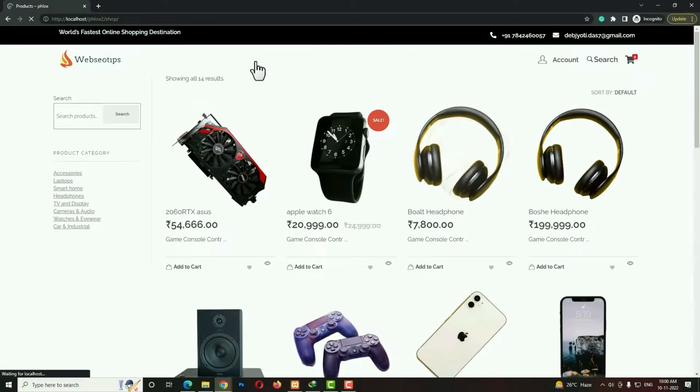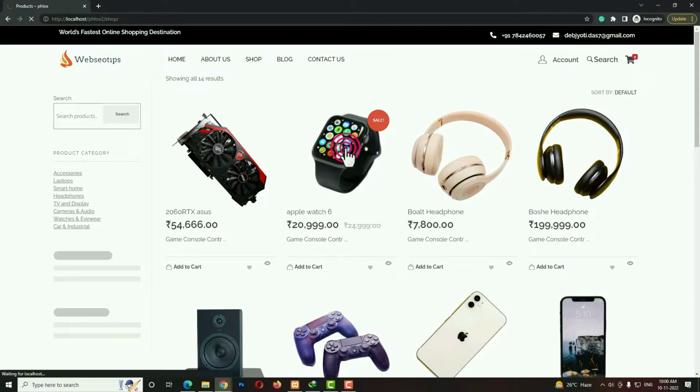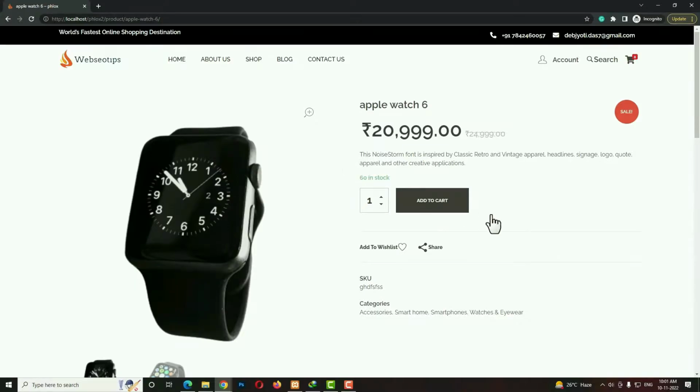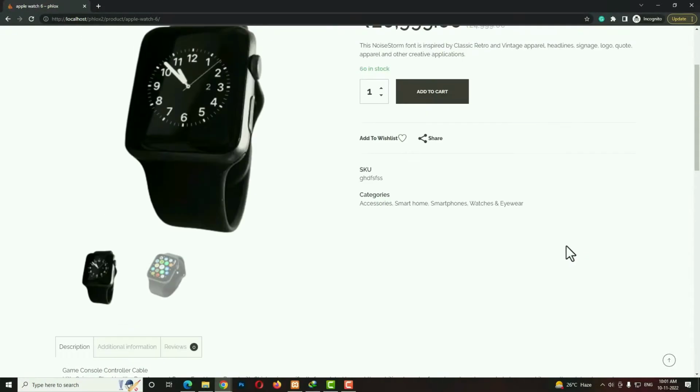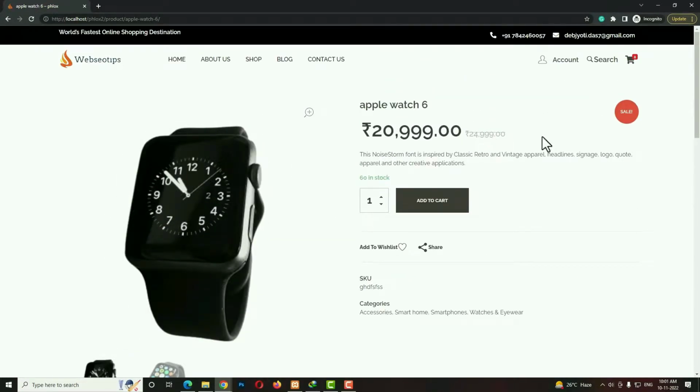So now let me open any product. Suppose I am opening this product. So my single product page looks like that. At the top here you can see the product name, product rate, after that the product short description, the quantity option, add to cart option, add to wishlist option, share option, product SKU, product category, and here you